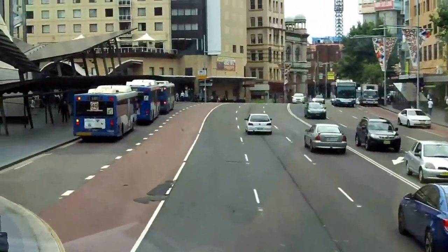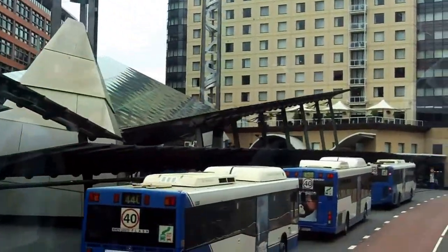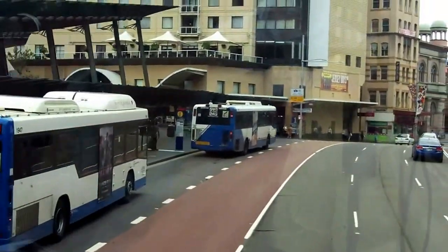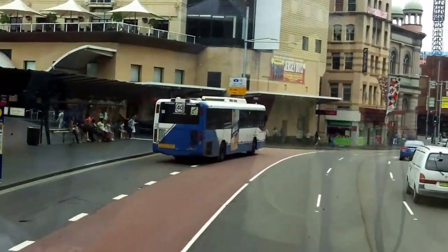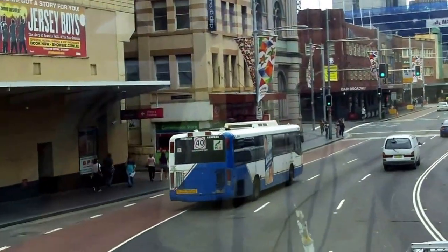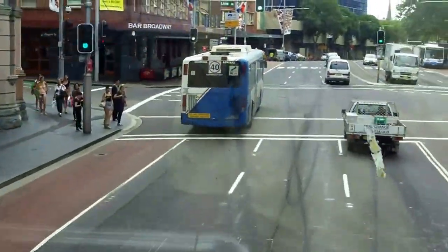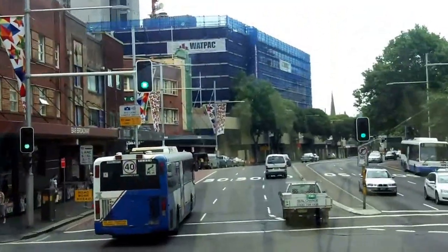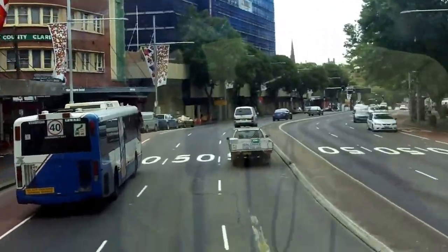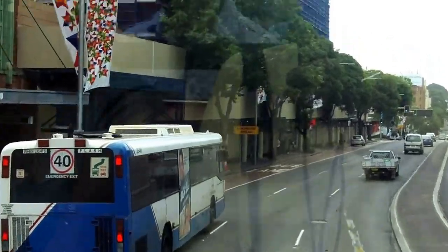We are now crossing the busy road junction of Pitt Street and George Street. Just ahead, George Street changes its name to Broadway for about a kilometre before it becomes Parramatta Road and the Great Western Highway, taking traffic to the Blue Mountains and beyond. To our right is the University of Technology Sydney. The University of Sydney, Australia's oldest, dating back to 1850, has its main campus at